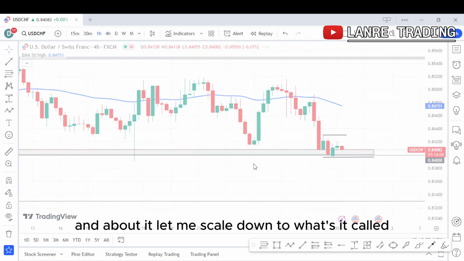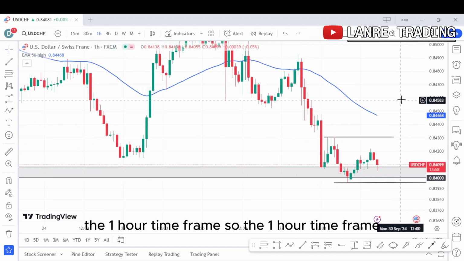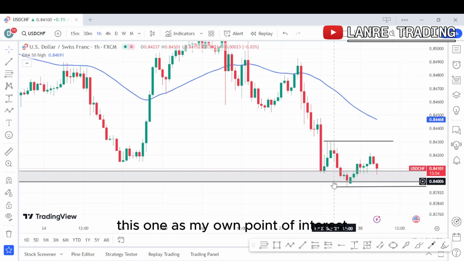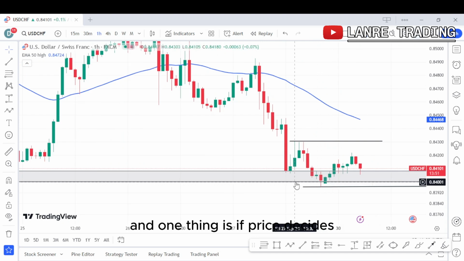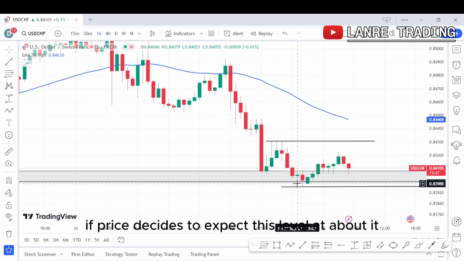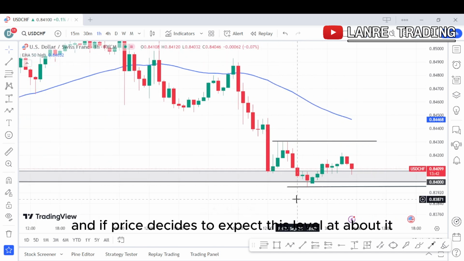Let me scale down to the 1 hour time frame. On the 1 hour time frame, I've used this zone as my own point of interest. Okay, this zone as my point of interest. And one thing is, if price decides to respect this level right about here,